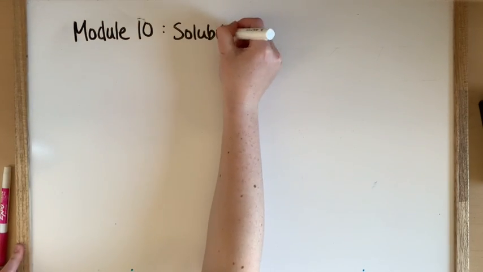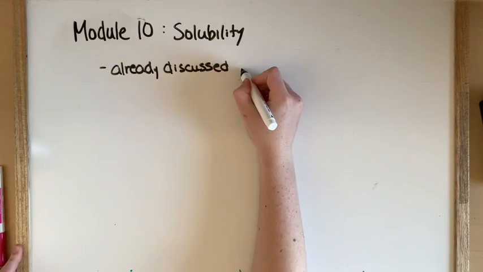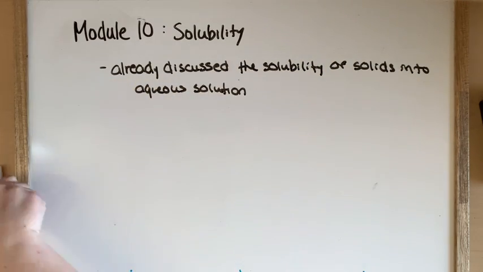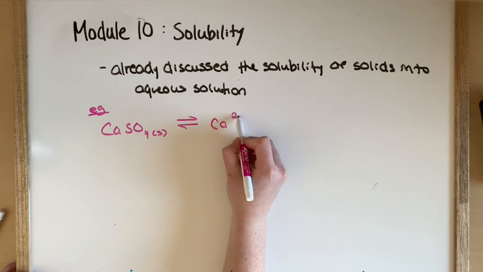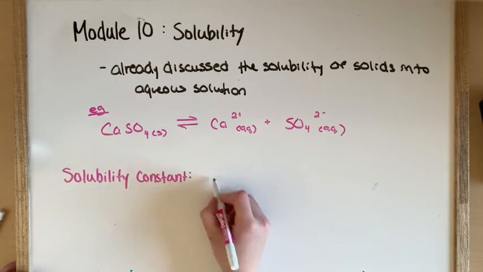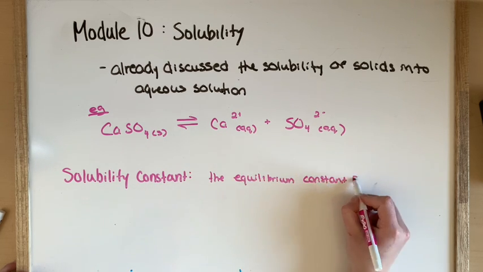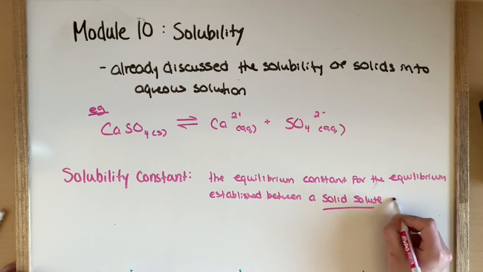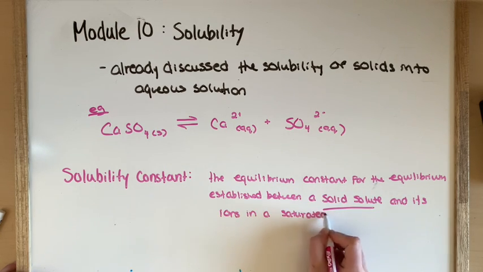For Module 10 on solubility, we have already learned about the solubility of solids into aqueous solutions. For example, we have calcium sulfate, which can dissolve in water and give you aqueous calcium sulfate. The solubility constant is the equilibrium constant for the equilibrium established between a solid solute and its ions in a